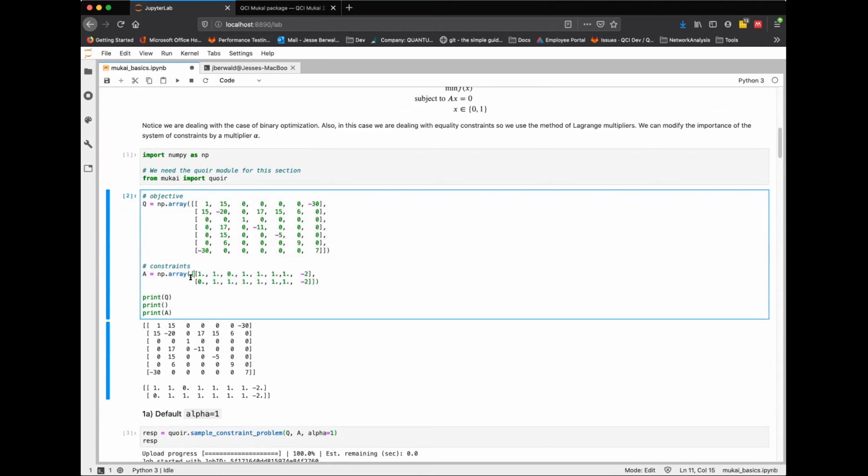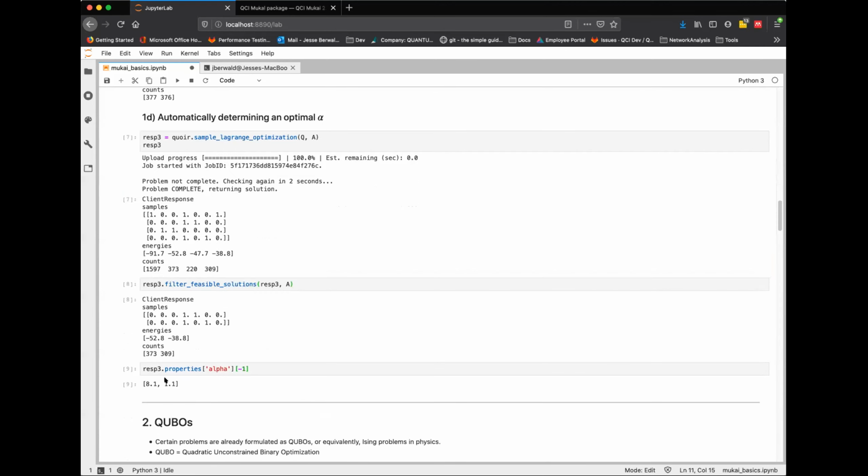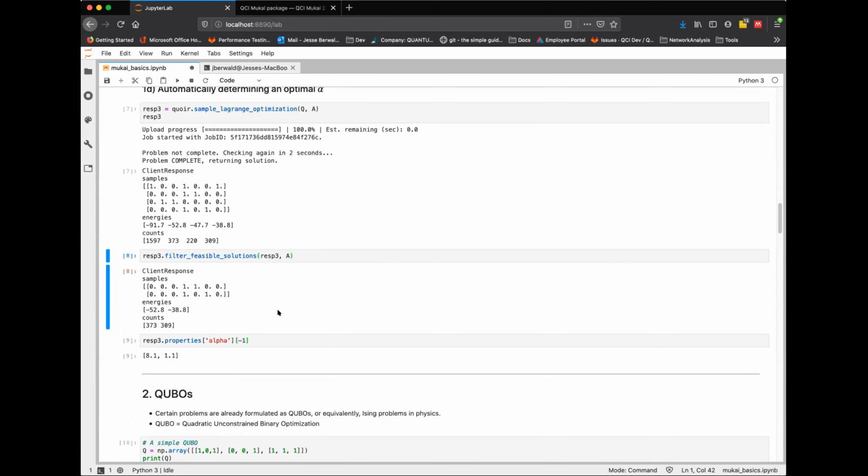That's why we have a vector: we are multiplying each constraint by a certain alpha, alpha 0, say, and alpha 1. And that ends up giving us the same feasible optimal solutions. So that's sort of a handy feature. I think I use it all the time actually.